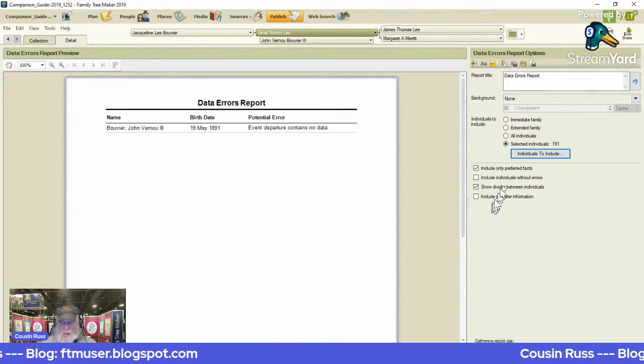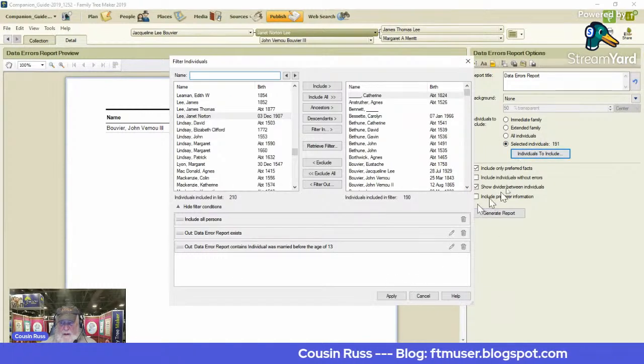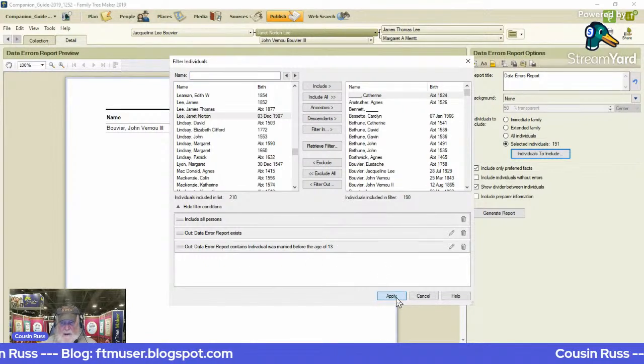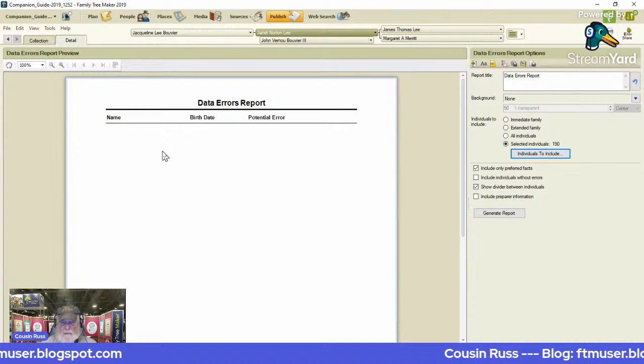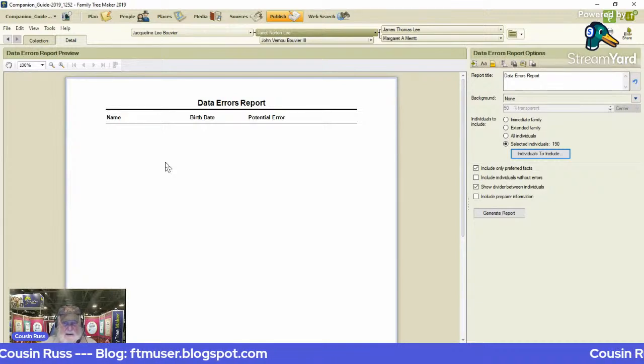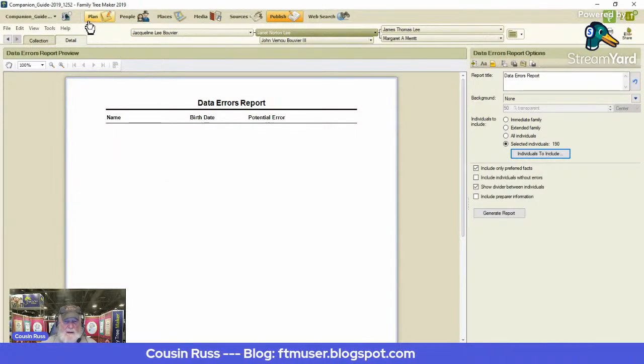Now I'm going to refresh the filter by clicking on individuals to include, and what happened is it automatically got rid of that last person. So I have identified everybody who's got a data error entry. I'm not going to fix it now unless it's simple. So I want to go look at